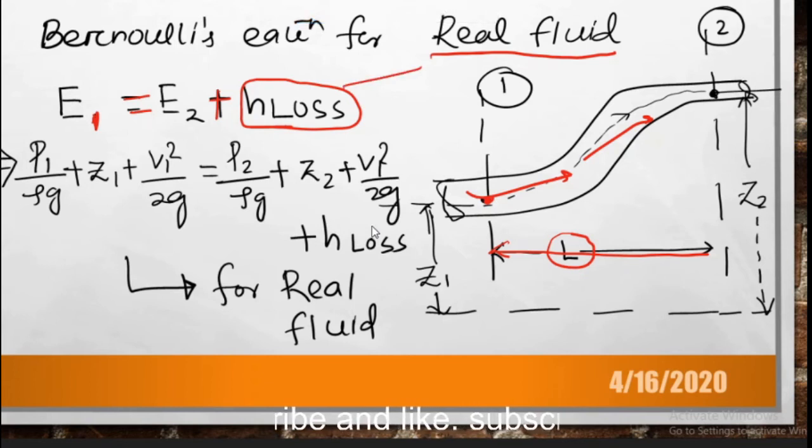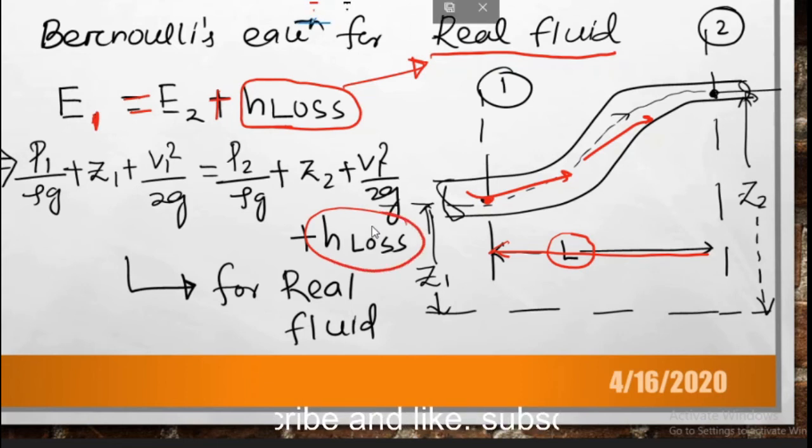So for a real fluid, generally we consider the loss of head due to friction. Minor losses have not been taken into account, but if needed we can take them into account. The major loss is the frictional loss. So if you write down the Bernoulli equation at the various sections, this is P1 by rho g plus Z1 plus V1 square by 2g. Similarly, in case of a real fluid, we have to include this loss part, the loss of head due to friction. So this is the way by which you can write down the Bernoulli equation for a real fluid.